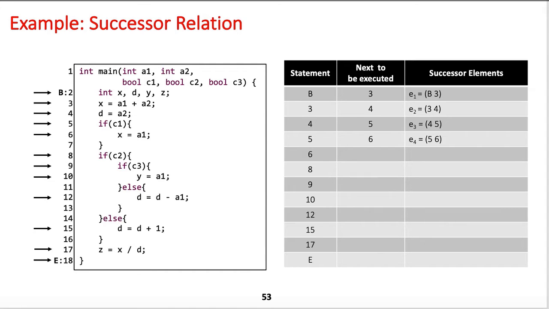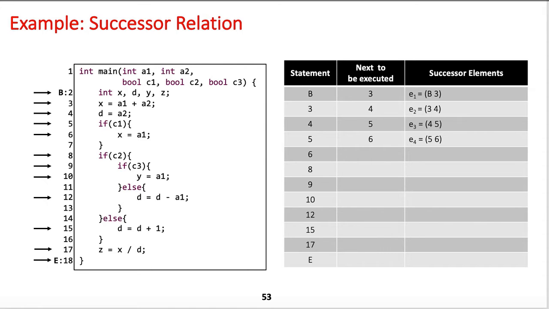So in this program we have B and E and the program statements 3, 4, 5, etc. Some of the numbers don't correspond to program statements. For example, 7, it's just a parenthesis. Now the program statements, when it executes, the next statement is this successor. For example, when this statement 3 executes, the next statement is going to be 4. So we have the pair 3, 4 in this successor relation.